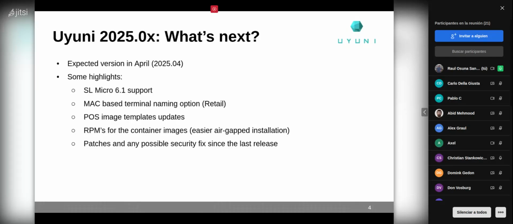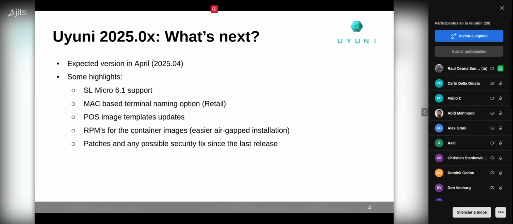So the first question you might be asking is when, because it's been some time since we had a new release. Now the schedule is pointing to April, and I can also say that this release is still going to be based on top of SL Micro 5.5. We are still not doing the switch to Tumbleweed because mostly we are not ready to provide a migration for the people that were running it